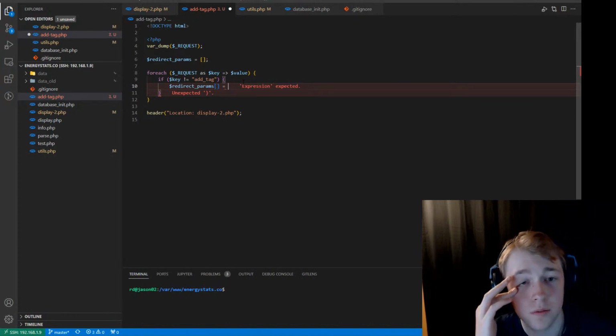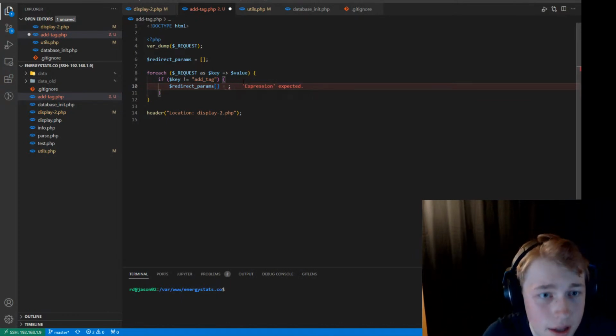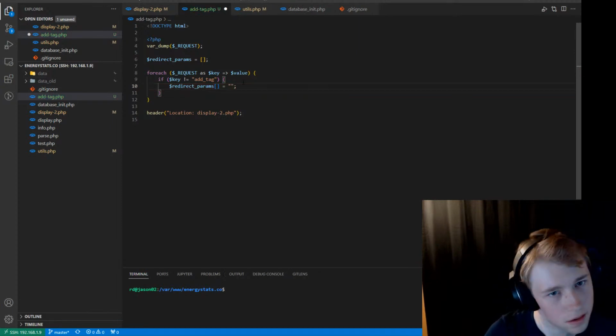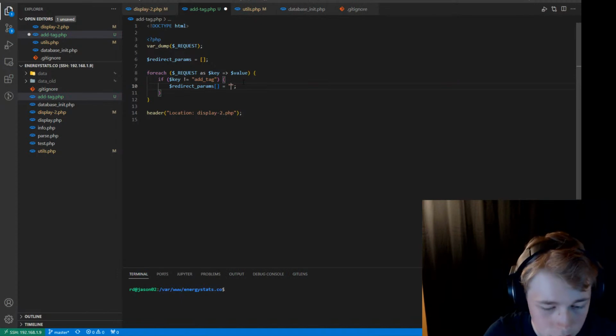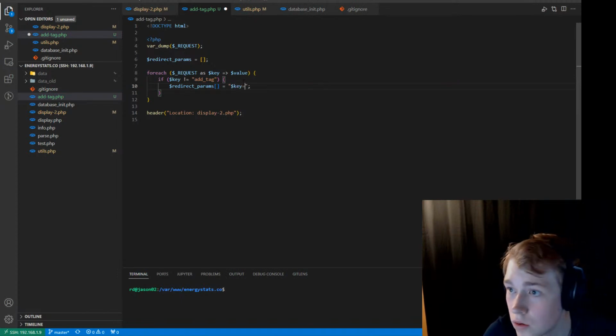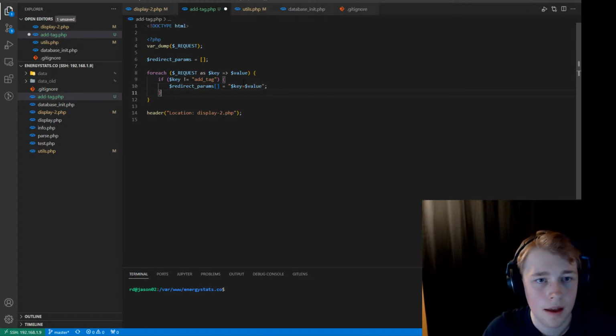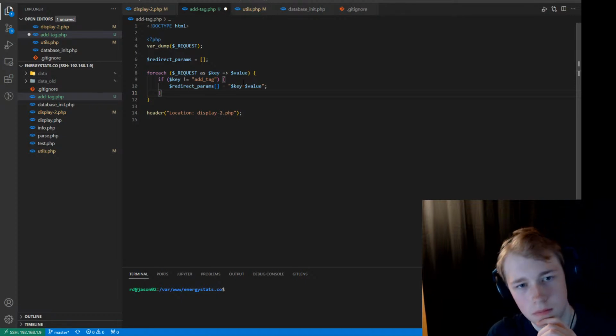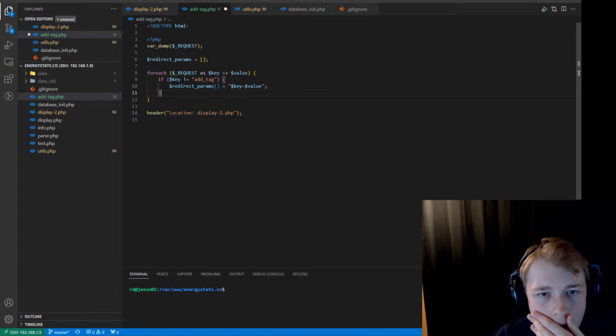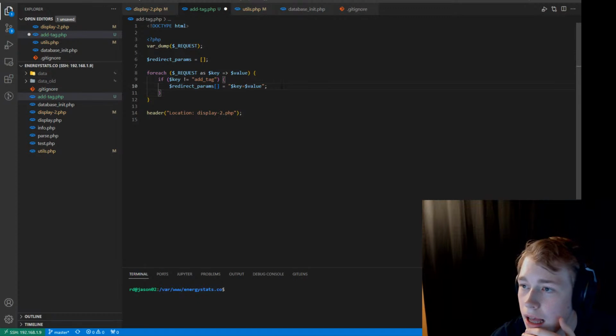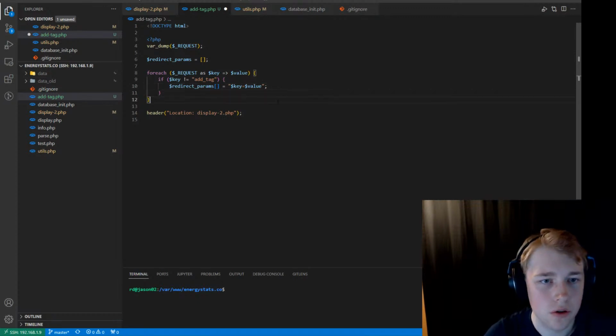The next one, which is weird square bracket syntax, I think, equals, and then we want key equals value, and then we want key equals value,